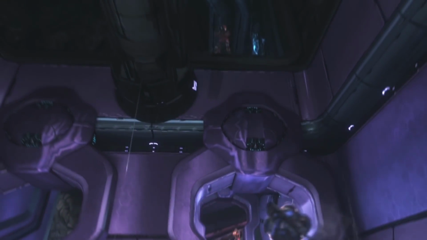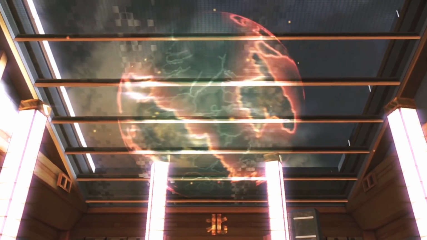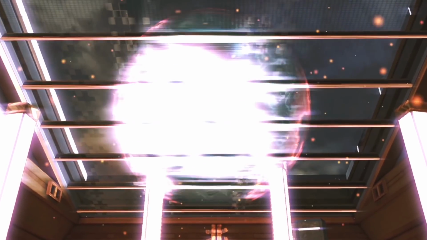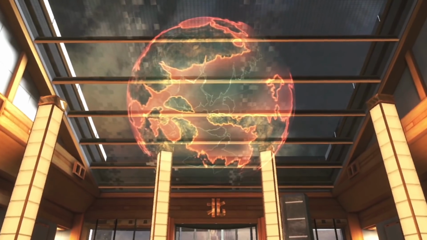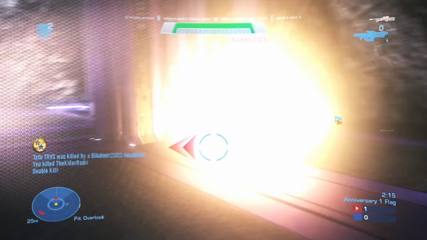But in order to do that and get it as fast as I needed to, I literally sat staring at this globe for 15 minutes straight and recorded the whole 15 minutes, because if you've ever played Halo Reach and ever played Reflection, that globe spins really slowly. Like, it spins so slowly, so I was there quite a while. Anyway, then we got this clip.